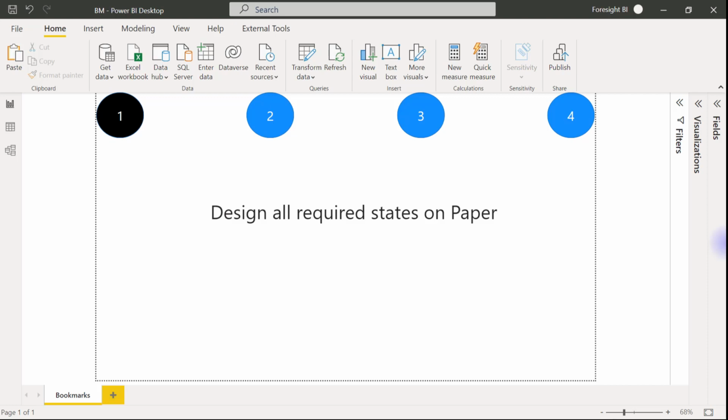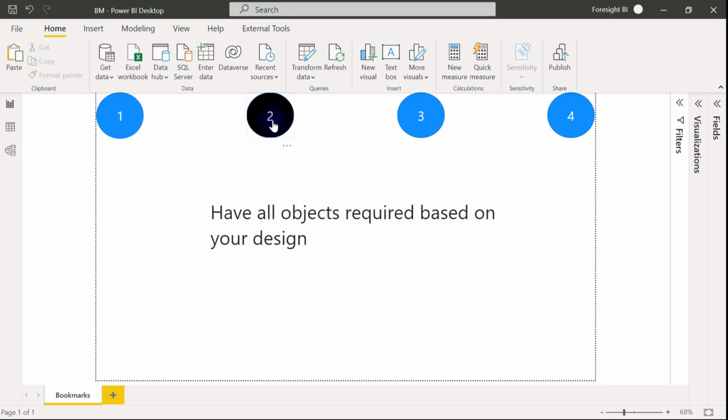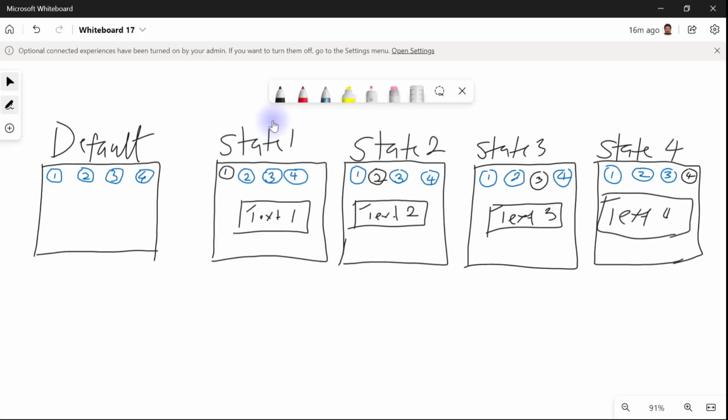Now let's see what's on step 2. On step 2, you want to have all objects required based on your design. So this is my design. And if I start to count the different kinds of objects that I have for each state, you will see that first I have the circles that display the number. Sometimes those circles are displayed in blue, and sometimes they are displayed in black. So I'm going to make sure that I have all those circles, the blue ones and the black ones as